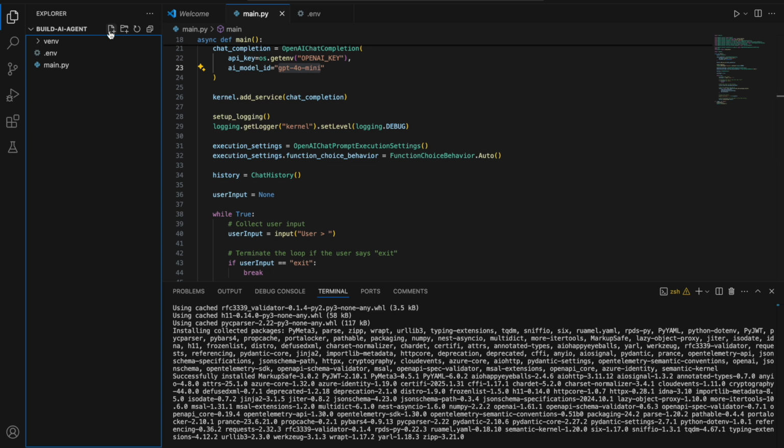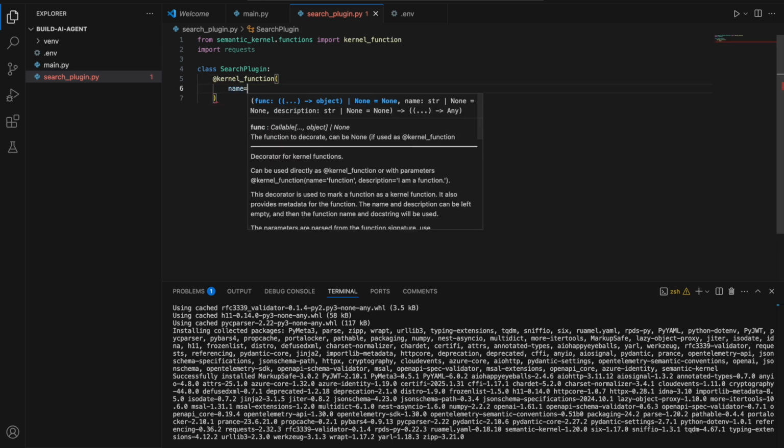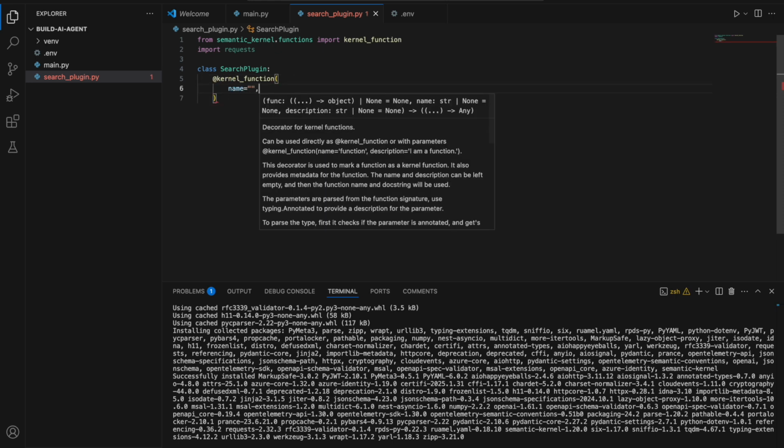So let's create a plugin, search plugin. Okay. And import kernel function and requests. Why do we need requests? To send a request to the API. So let's initialize the class SearchPlugin with kernel function. We can specify the name and